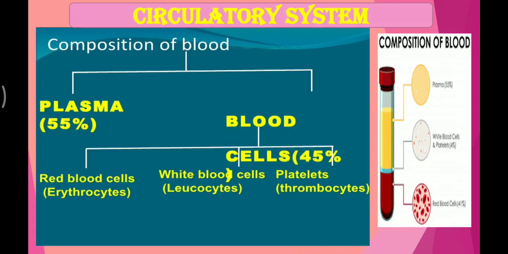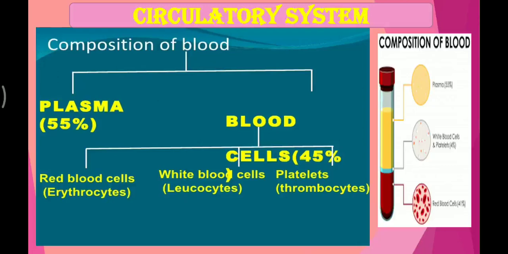Composition of blood. Actually, what is there inside the blood? You all see red color liquid, that is the blood. Do you know something? There are different types, varieties in blood. There are 3 different varieties in blood. What are those? Mainly blood is composed of plasma. What is this plasma?